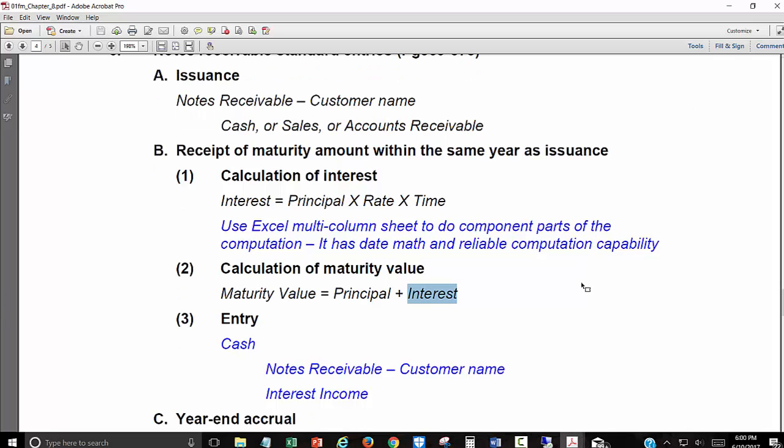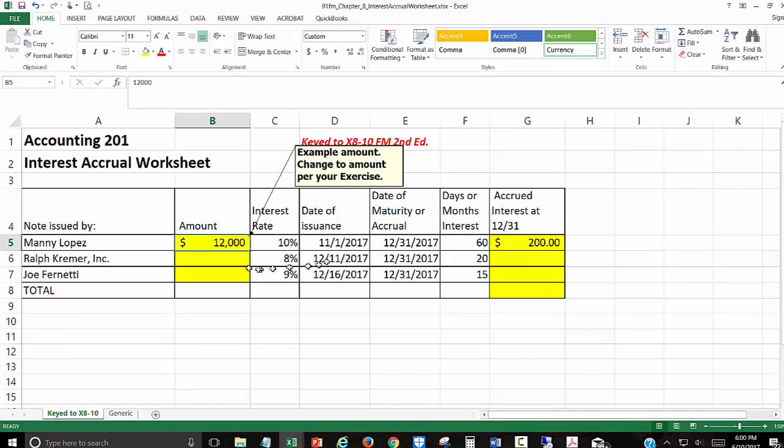So, what happens when you come to the end of a year? When you come to the end of a year, you can use my Excel multi-column sheet to do the computation and come up with a reliably correct number that allows you to submit your Wiley Plus the first time with confidence. To do so, take the file known as Interest Accrual Worksheet, or Chapter 8 Interest Accrual Worksheet. Put the dollar amounts in that are given in the problem that you have in Wiley Plus, and use the formula like the one I just showed you,